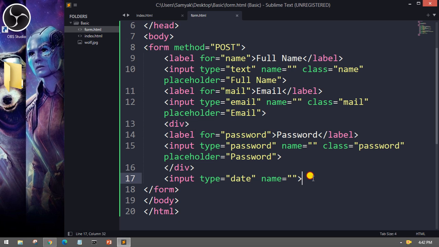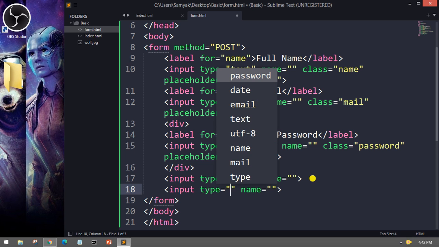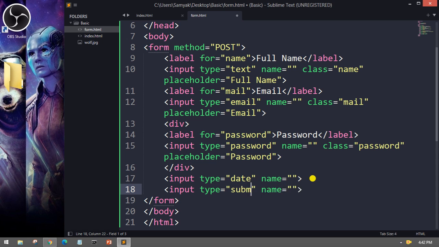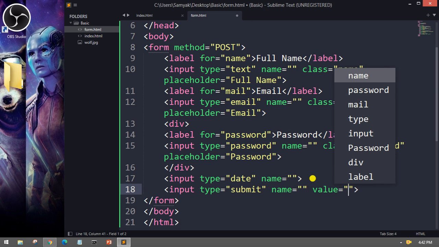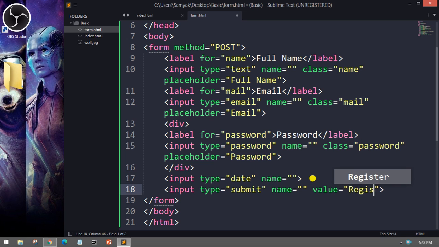Now let's move on to the another one, which is called submit. I explained to you what is submit and how you can do this in the previous video, so you can just write submit. Okay, and inside this value you can give it a value. Okay, let's give it a value so that it will replace the submit, what was previously given. Now inside this value I'm just gonna say register, and if I save this, come here and refresh this,